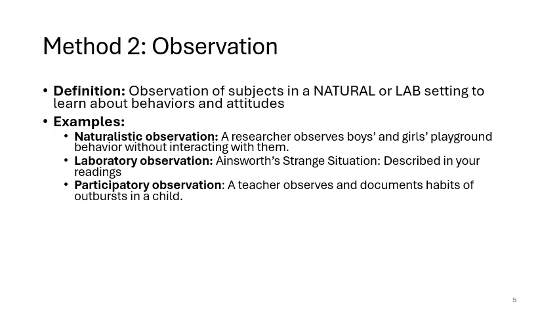A second method is laboratory observation. An example of this is Ainsworth's strange situation. So laboratory doesn't necessarily mean like a lab with vials and chemicals. It just means a controlled setting. And so people come into a controlled setting to be exposed to certain